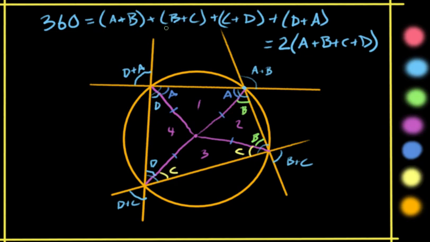Then we've got these 2 neighboring B's, 2 neighboring C's, and 2 neighboring D's. So it's all 2 times A plus B plus C plus D. So that means if I divide both sides by 2, I've got 180 is equal to A plus B plus